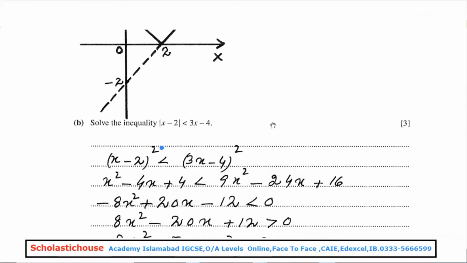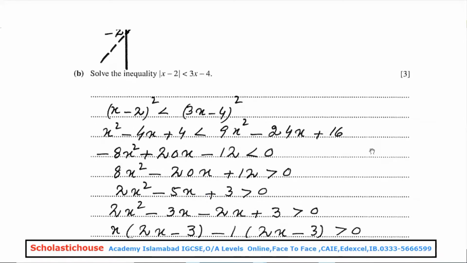And the second part of this question, you can see again an inequality, but the modulus sign is on only one side. On the right side, there is no modulus sign. Again, I'm using the squaring method. So taking the square of both sides of this inequality,